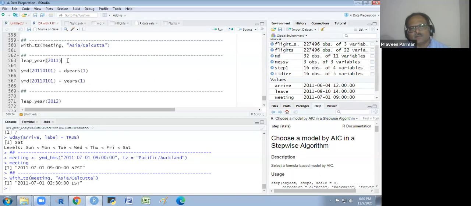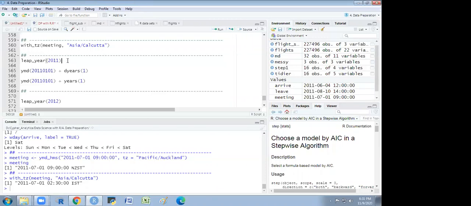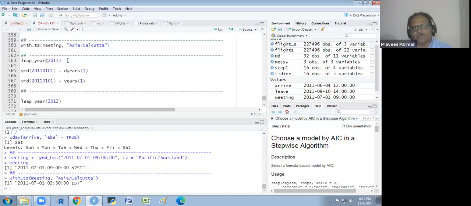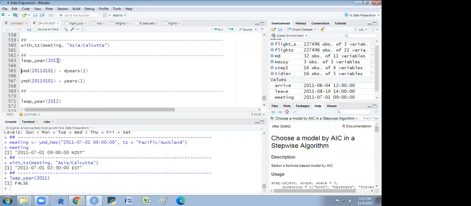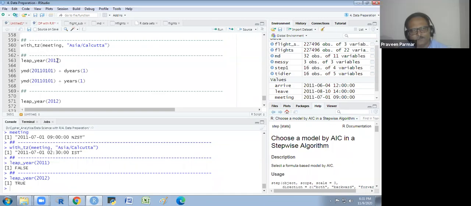You know that 2011 is not a leap year. Leap year, whenever you divide it by 4, it should be divisible. 2012 is a leap year. So 2011 is not a leap year, but I am just asking: leap_year is a function, and I am putting some year, year index over there, and I ask 2011, so it will respond with true or false. So it is not a leap year. Understand? If I write 12, I will get true. That is the first thing which I want to show you.